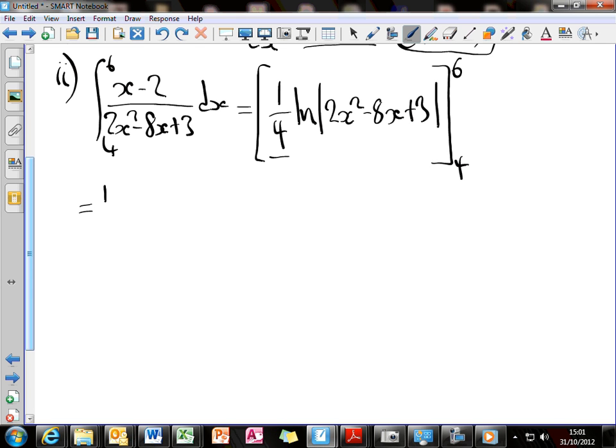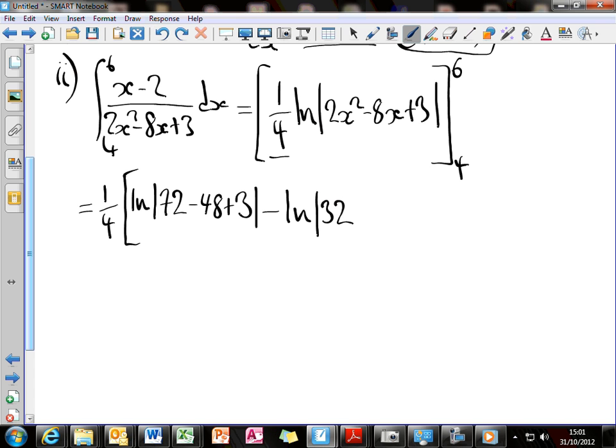So I'm going to take a quarter out, and it's going to be ln. I'm just reading this for 6. So this is going to be ln of 2 times 6 squared. Well, that's going to be 72. Ln of 72 minus 8 times 6. Well, 8 times 6 is 48, so that's minus 48 plus 3. And then we're going to take away ln, and we're going to put 4 in. So 4 squared is 16, so that's going to be 32. Take away 4 times 8. Well, 4 times 8 is 32, so minus 32. And then we're going to add 3. Okay,